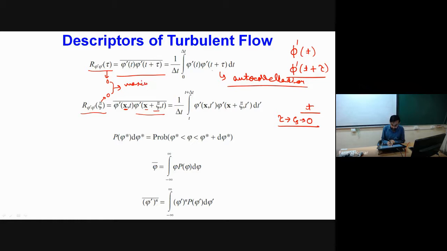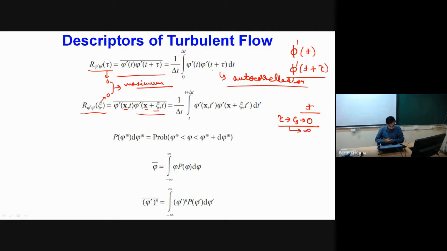And when the values of tau and zeta approach infinity, it means either we are taking the measurement at a very large time difference, or at very different locations in space. So there, what will be happening? The correlations between the two measurements will not be there, and the values of these parameters will become nothing but 0.